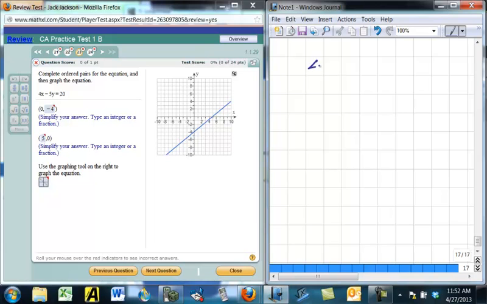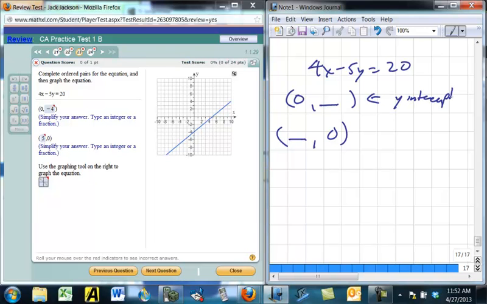Okay, so we have 4x minus 5y equals 20. We need to do some ordered pairs here. Well, this one, when x is 0, is a y-intercept, and the one where y is 0 is the x-intercept, meaning it's on the x-axis here and the y-axis on the one up here. So to get the first one, we put 0 in place of x and just solve